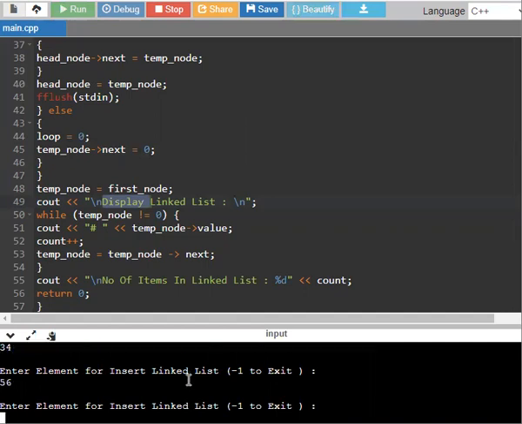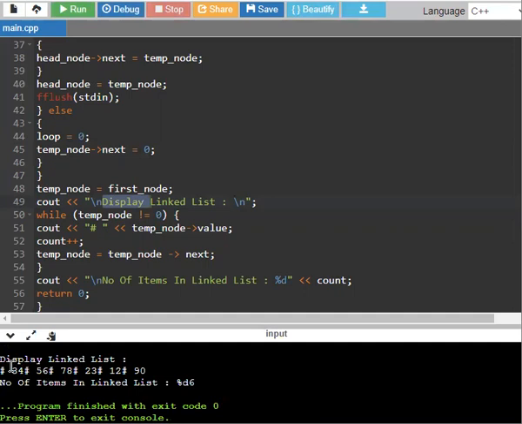So I insert 56, then 78, and 23, and 12, and 90. When -1 is typed, the program is terminated and displays how many values are stored in the linked list. There are 6 values stored: